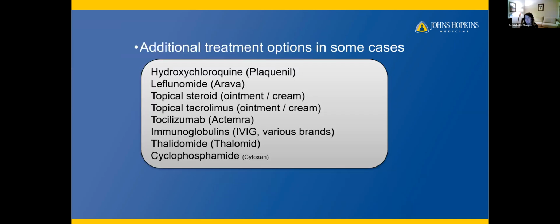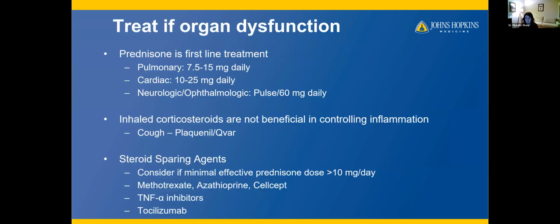There's also other additional treatment options. I've listed some of the topical ones. So for cutaneous sarcoidosis, you may have cutaneous involvement, you may have lung involvement, but if your lungs aren't causing you any bad symptoms, if your lung function's stable, if your imaging and all of that is stable, we might not start you on systemic treatment and might try to treat your skin topically. And so again, it's a balance depending on which organs are involved of what our treatment plan would be.